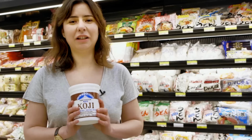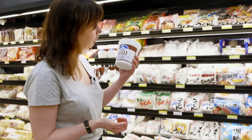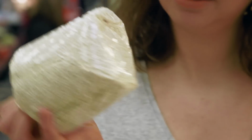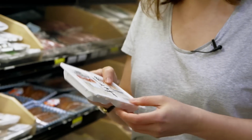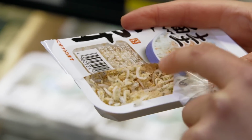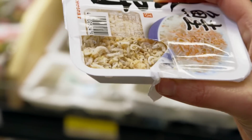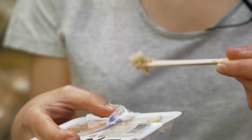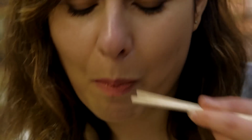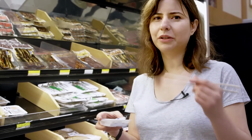You can come to Mitsuwa and get a jar of mold. That is what rice koji is. Rice kernels covered with a fragrant white bloom of Aspergillus oryzae mold. Here we have whitebait, because it's usually used as a bait fish. You can still see the glint of silvery eyeballs just kind of staring back at you. This one little clump is probably at least six tiny little fish in there. It's actually really delicious by itself, but if you served it over rice, it would be a lot easier to